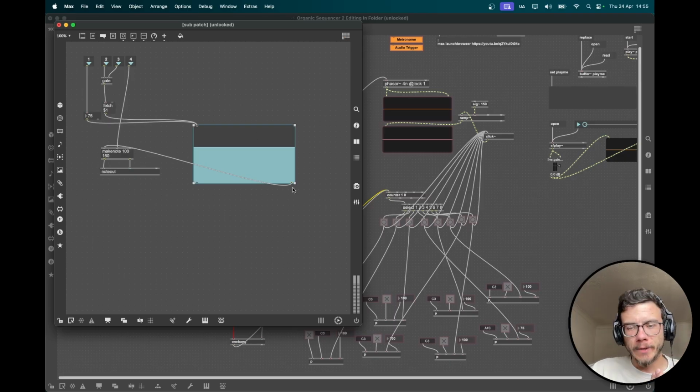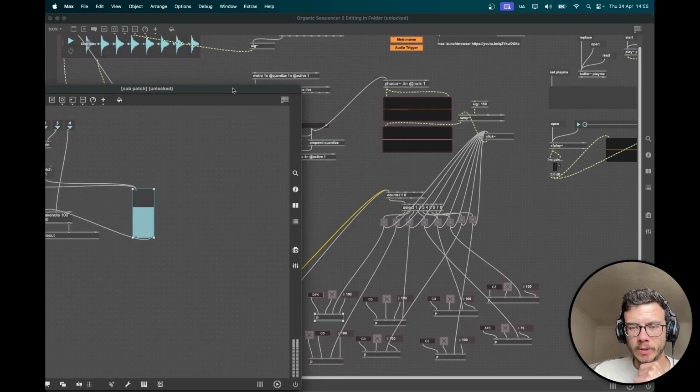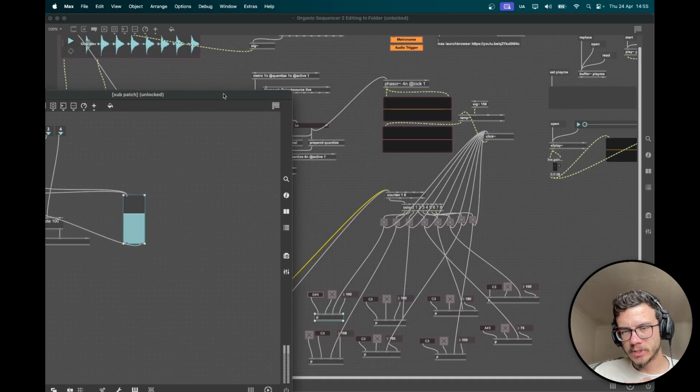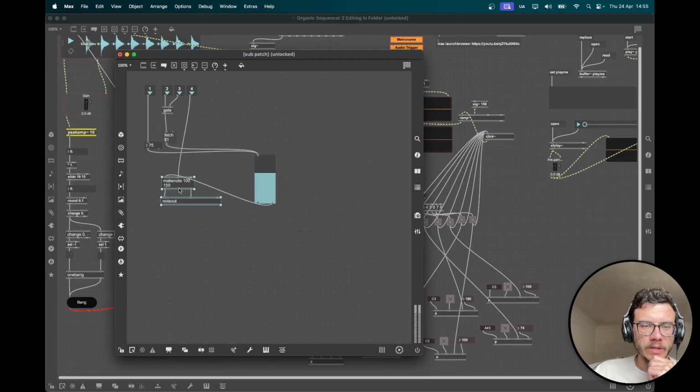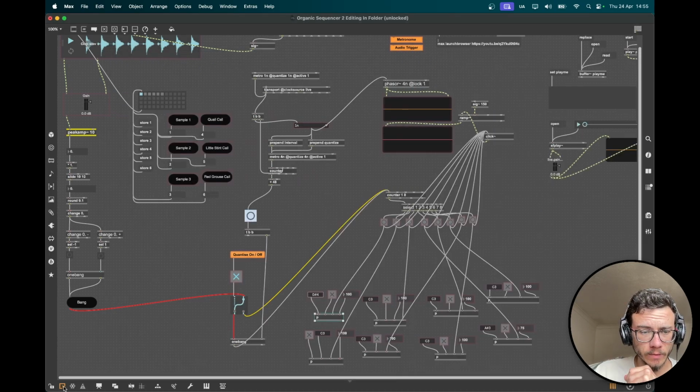But it's only got one output. So I couldn't use that, have all of the cables going into my multi-slider and have one output. So I just took the decision to have one per step in the sequence, and it works alongside this argument, fetch one. So when you're changing, let's see if this works. If I do that and then open that one, will it let me? No. Rest assured, when you change the notes, behind it